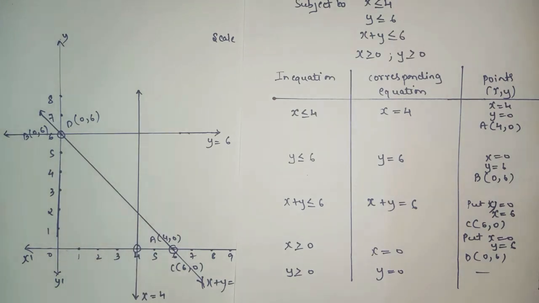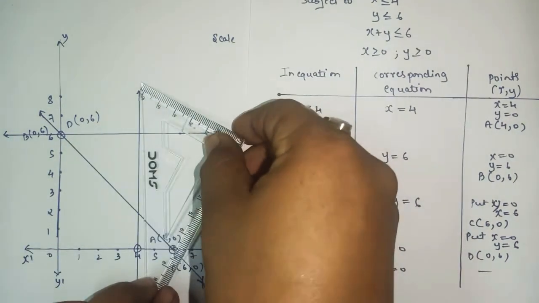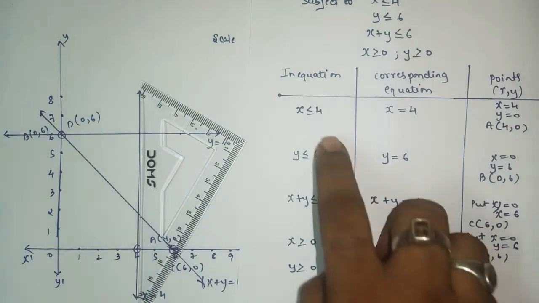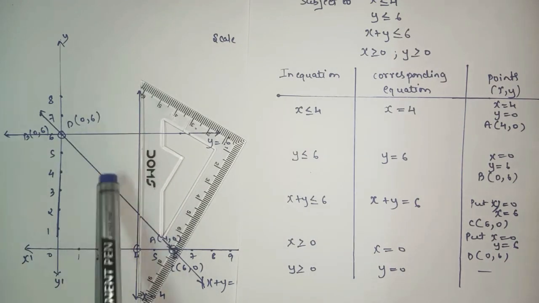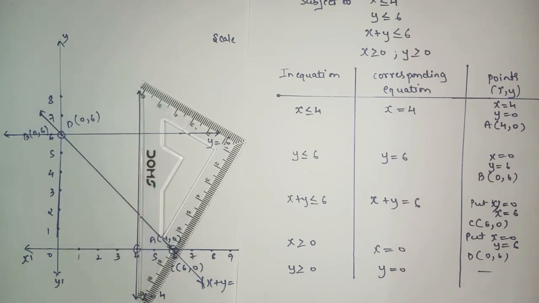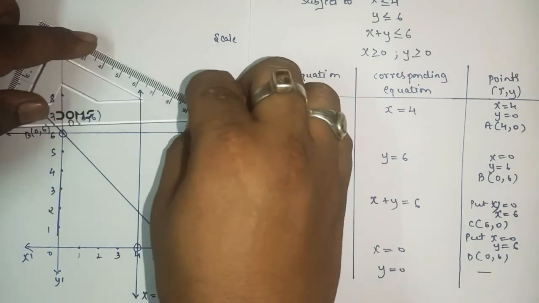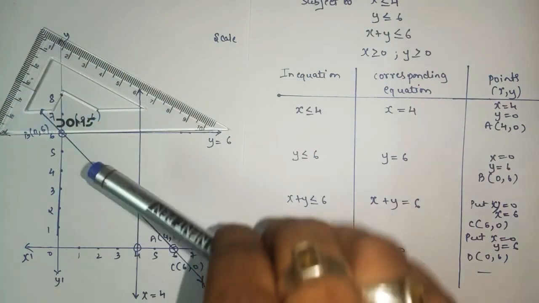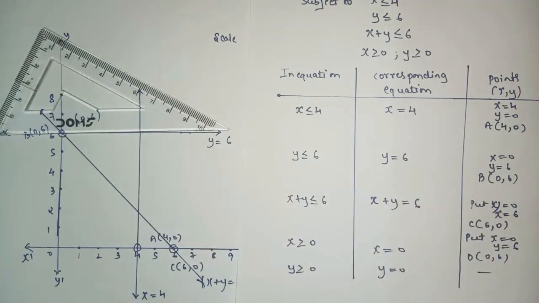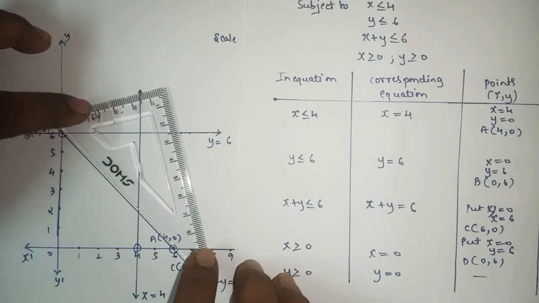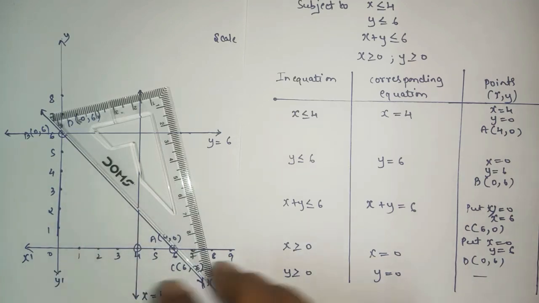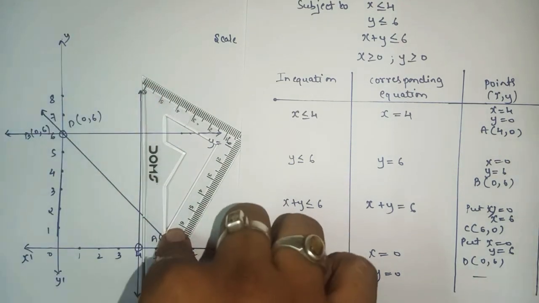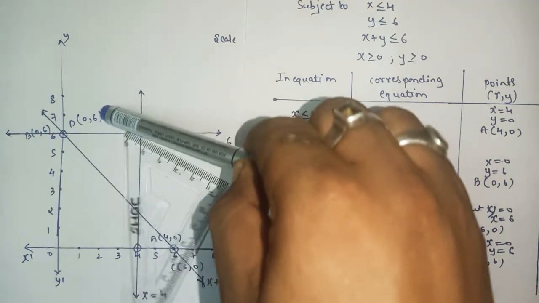So now we'll check with the help of the scale. This is the first, x equals 4, that means x less than. The shaded feasible region for the first linear inequation, where will it come? It will come in this section, yes or no? This part. For the second one, less than, so it will come where? Down. For this one, where will it come? This part, yes or no? So clearly we can see that for this, 3 regions will come.